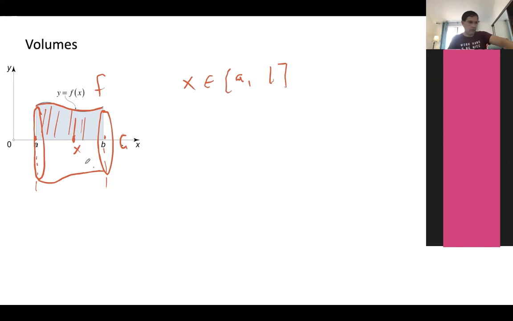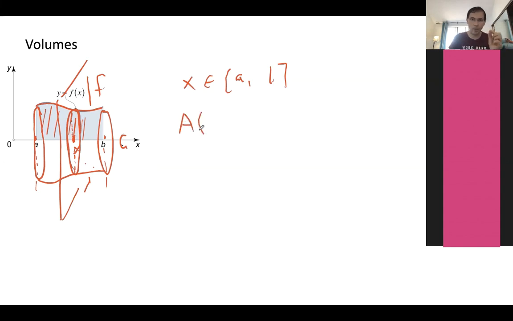And then what you do is the cross section, which is orthogonal, or perpendicular, to the x-axis. So the cross section will look like this, and then like this. So the shape of the cross section is a circle. The shape of this cross section is a circle. So this is the plane that you can use to cut this solid through. This is the plane that you do this cross section,